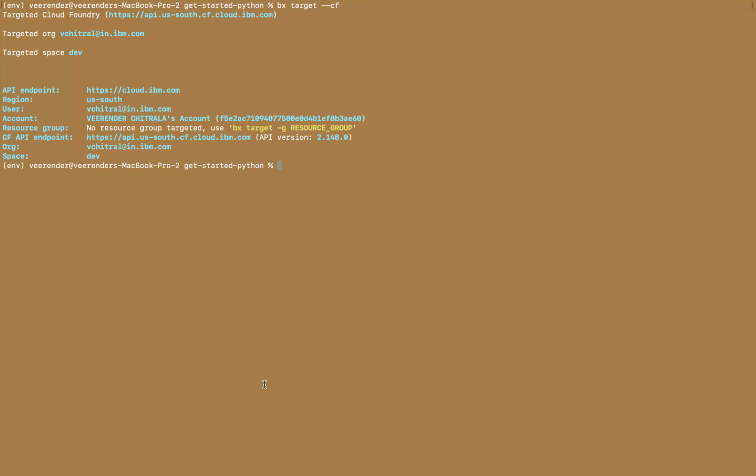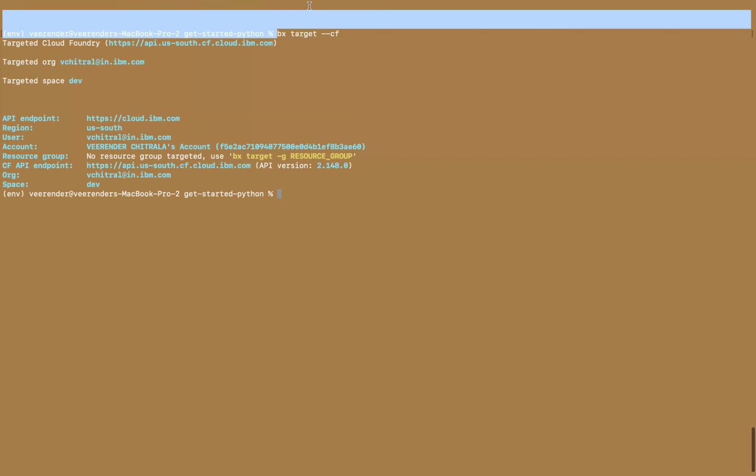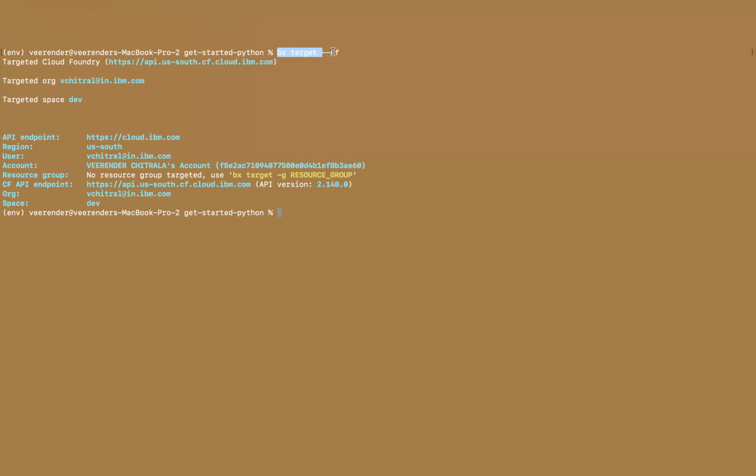Right now, the region I'm connecting to is US South. This command will help you connect to that particular region. So you are now connecting to that particular Cloud Foundry. It is through this Cloud Foundry CLI tool that we talk to the IBM Cloud and push the apps.